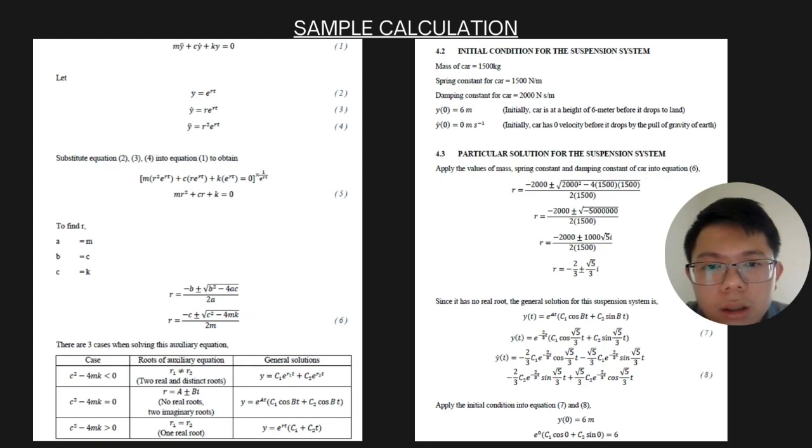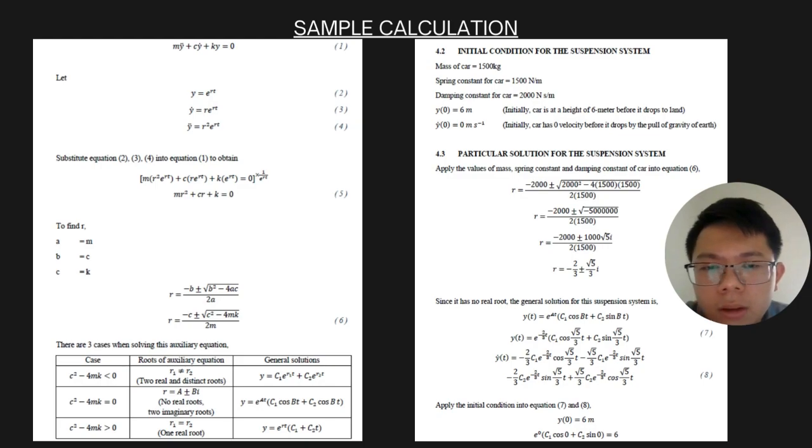We first get the initial conditions of the suspension system. The mass of the car is 1,500 kilograms, the spring constant for the car is 1,500 newtons per meter, and the damping constant for the car is 2,000 newton seconds per meter. Initially the car is at a height of 6 meters before it drops to land. And initially the car is stationary, which means it has zero velocity before it drops by the pull of gravity